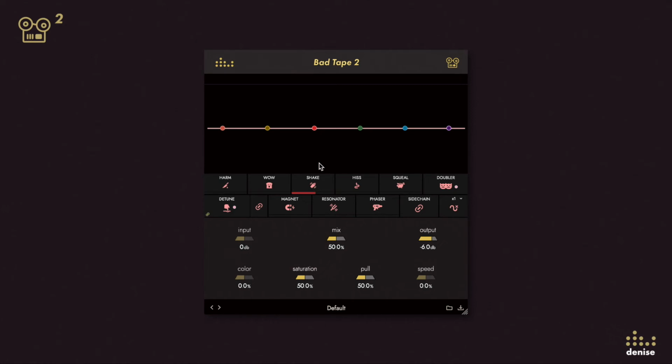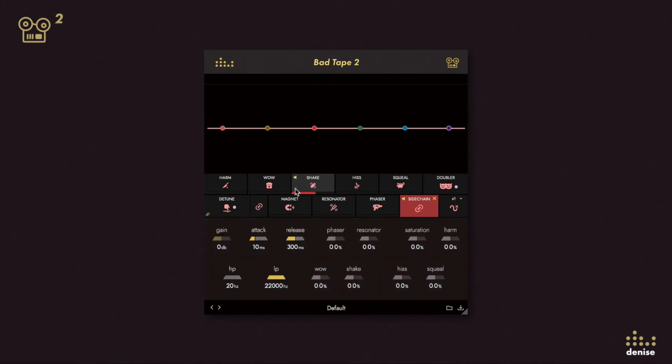There's a mute button in the top left which cuts the effect out, and the sidechain icon in the bottom left reveals the sidechain controls. You can hide the controls by clicking on the cross button here,